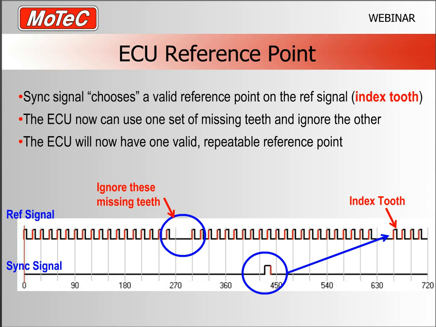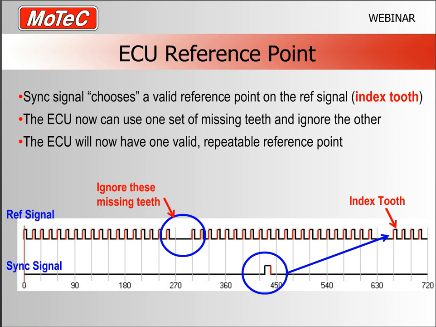Taking a fairly classic missing tooth mode, you can see down the bottom we've got our ref signal on the top and our sync signal down the bottom. Again, like I said, a single sync pulse. What we're trying to do is use the sync sensor to choose an index tooth. As you can see here, obviously in a 4-stroke engine, as the crank goes around in one cycle, we will see these missing teeth